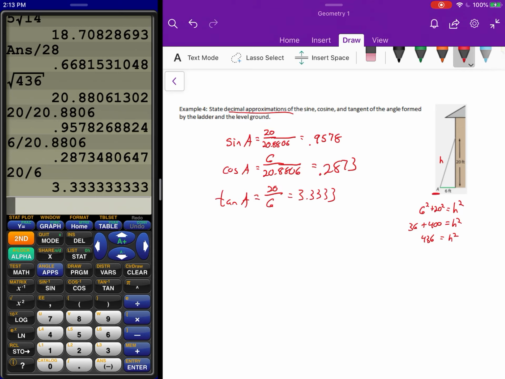So that's our introduction to trig ratios. You should be able to find any trig ratio of any right triangle if you're